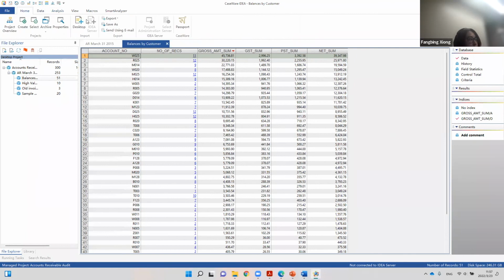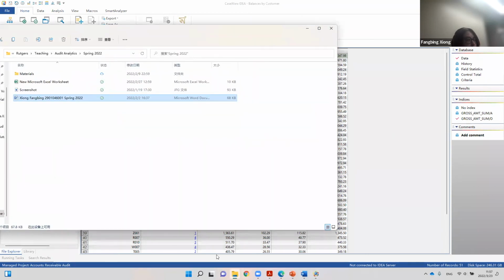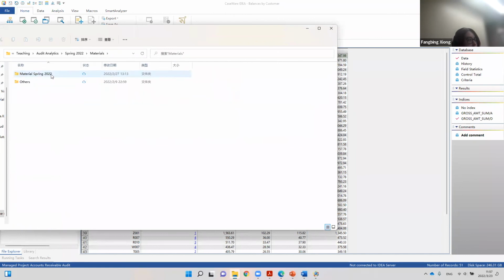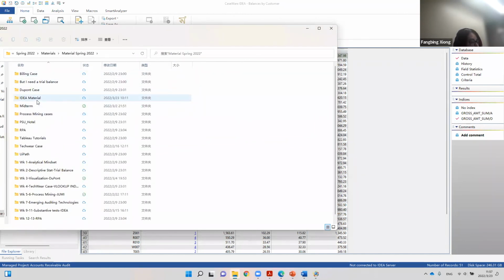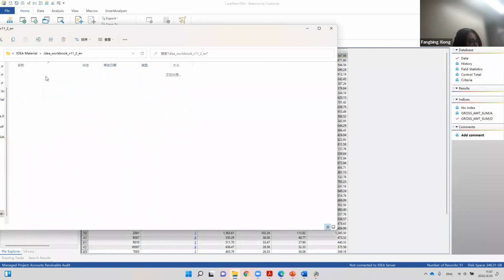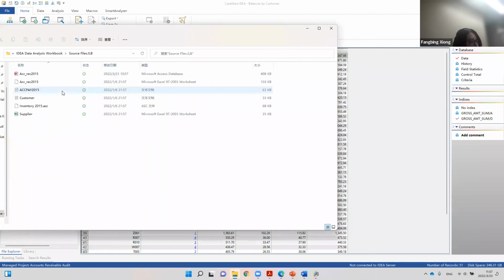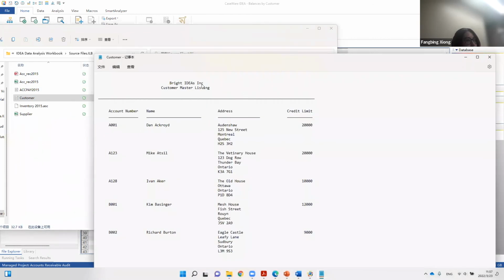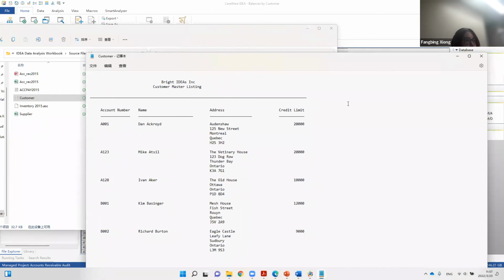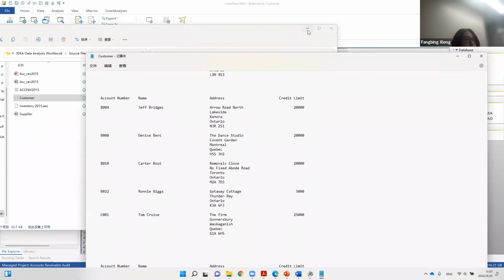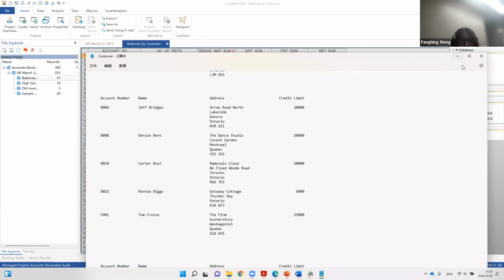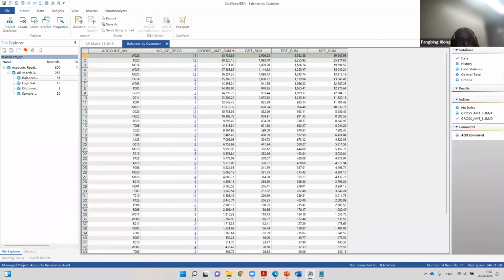Okay. After this, we want to join our balances by customers with the customer's information. Where is my customer? If you still remember, we have our customer information here in this text data. And we want to join them together. So what we do here is,